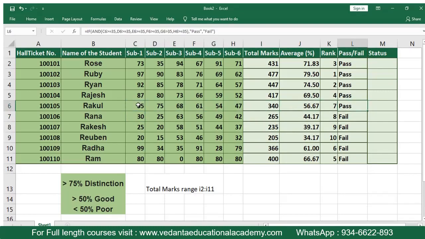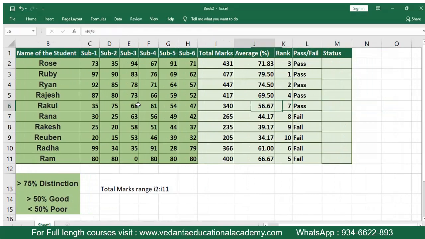Is correct. And next we'll be using the status of whether they are getting distinction, good or poor marks, based on the percentage, right? So that simply equals to IF, open bracket. What is the logical test? If the percentage is greater than 75, comma, double comma open, distinction,